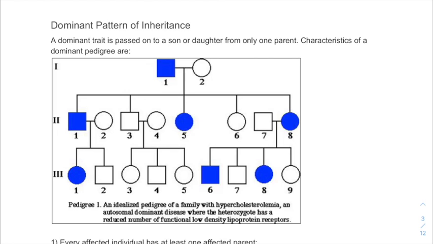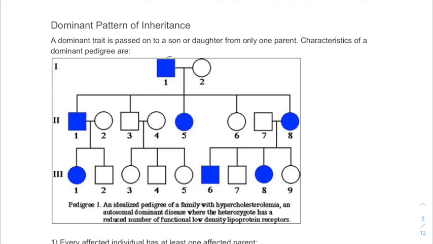So here we see an idealized pedigree of a family with hypercholesterolemia, an autosomal dominant disease where the heterozygote has a reduced number of functional low-density lipoprotein receptors. And so we can see that this dominant trait, we're particularly interested in the heterozygotes who will have this trait and have a reduced number of functional receptors. Okay, here we have a dominant trait,